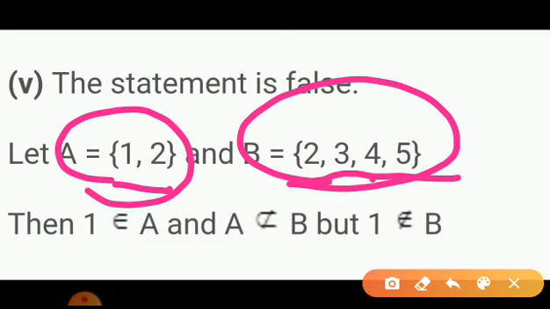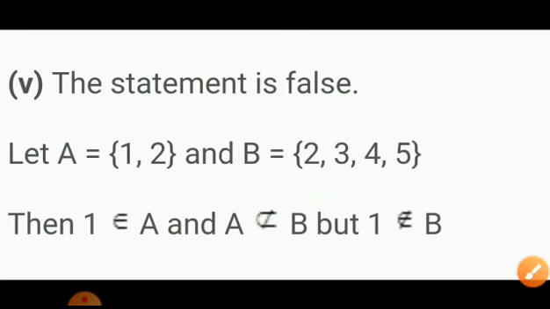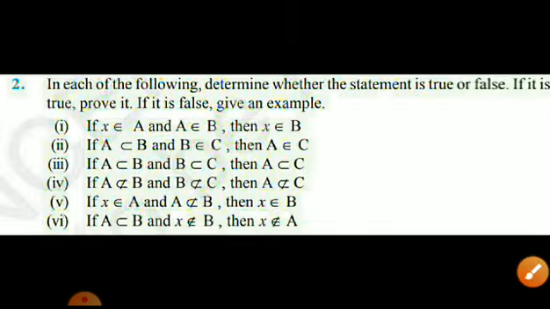Okay, sorry, here A is not a subset of B. Because if A is a subset of B, then every element will be there. Here A is not a subset of B, and again I can find an element which is not an element of B. Is that clear? Since A is not a subset of B, I can get at least one element in A which is not in B. And that element may be, in this case, 1. So the given statement 5 is false.